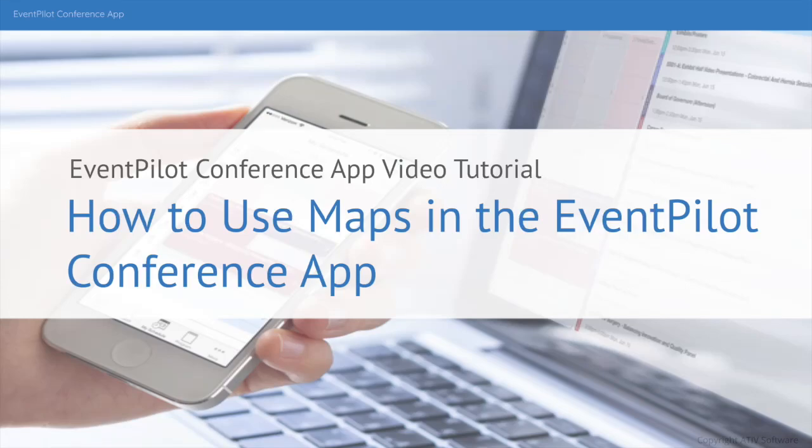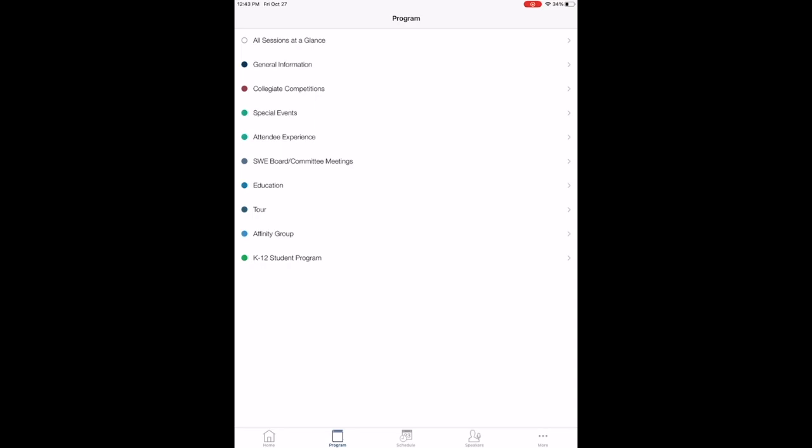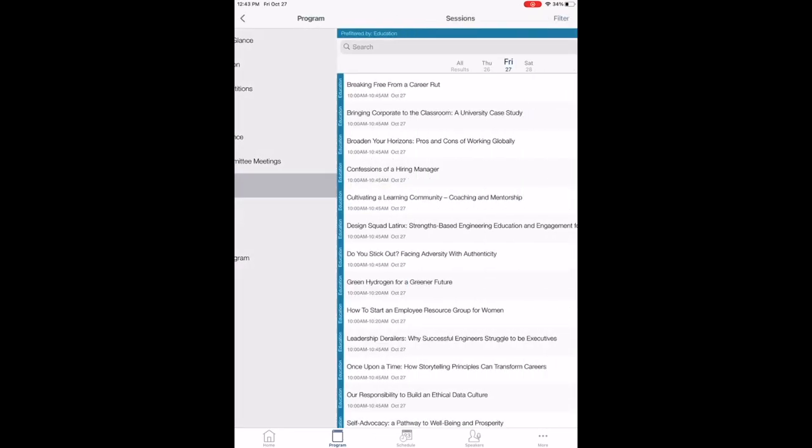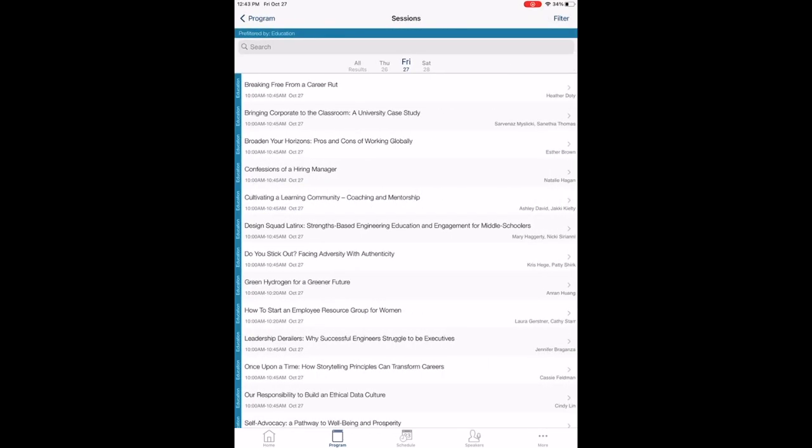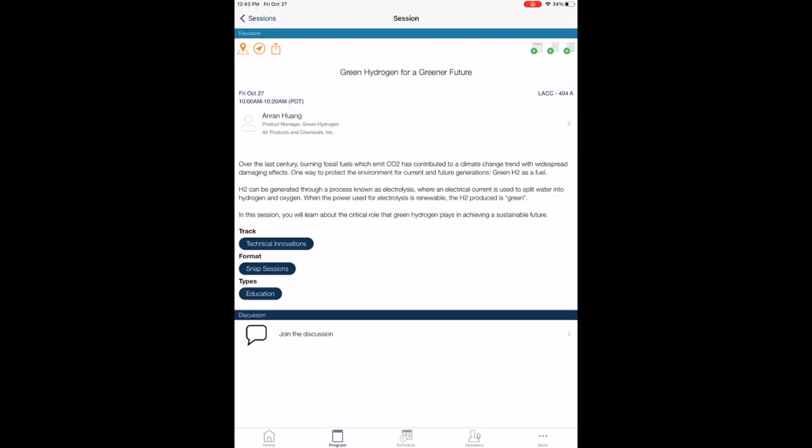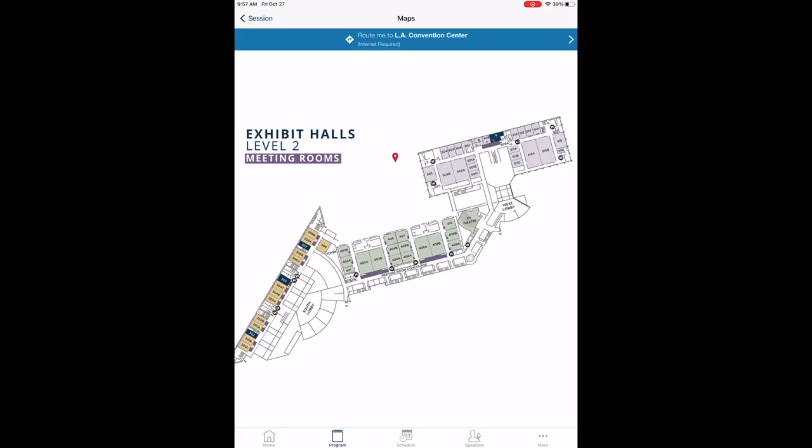Let's take a look at how maps work in the EventPilot app. Imagine you find a session that you want to attend, or you find an exhibitor that you want to see, and you need to know where it is. From the detail view, tap on the location icon, and you can see exactly where the session room or exhibitor